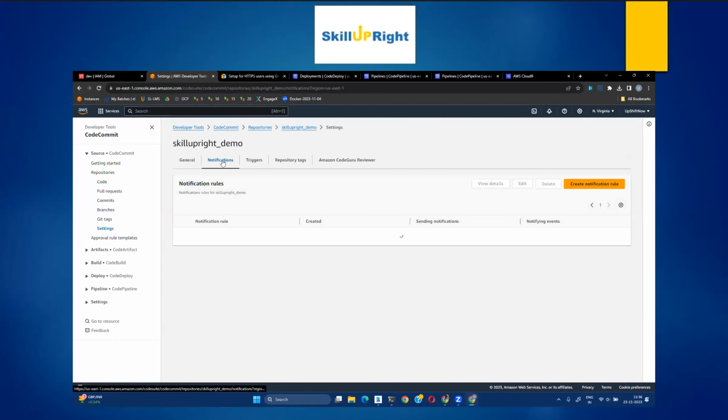You can set notifications, right? You can create a rule that, hey, if there is any new commit in the repository, send an email or send an alert or things like that, right? So this is your code commit, where you can put your source code,